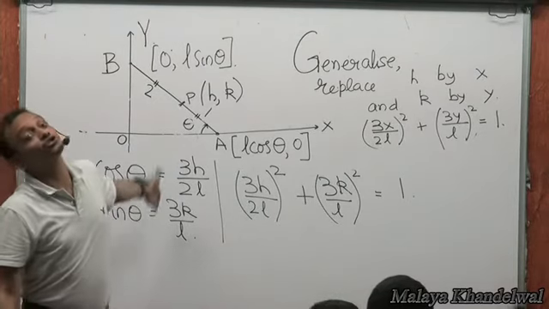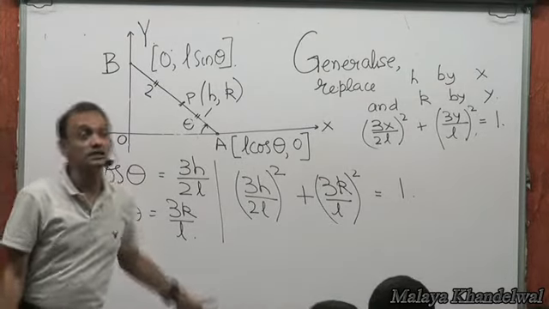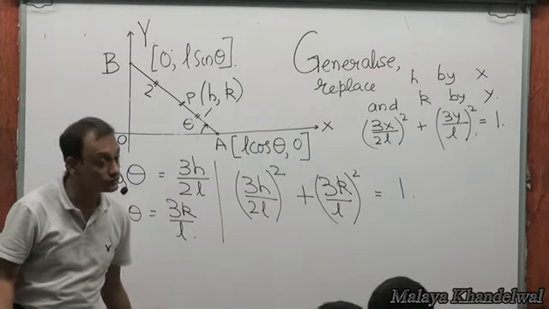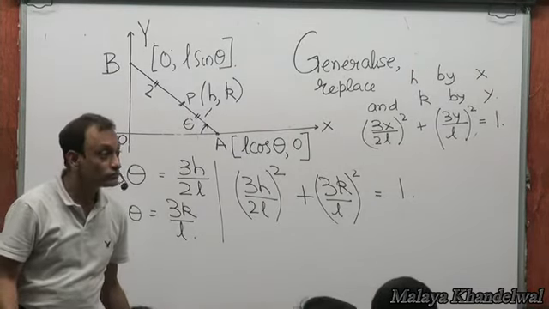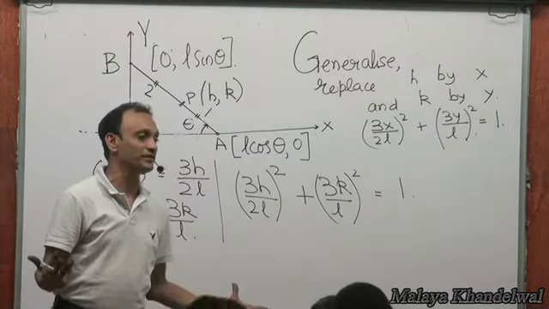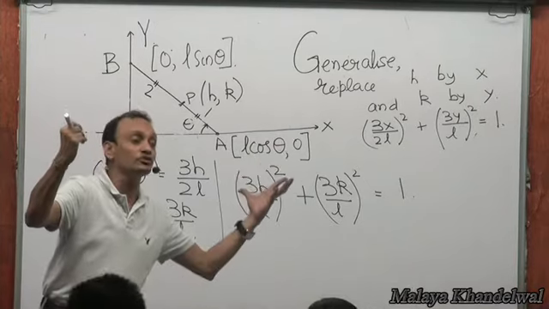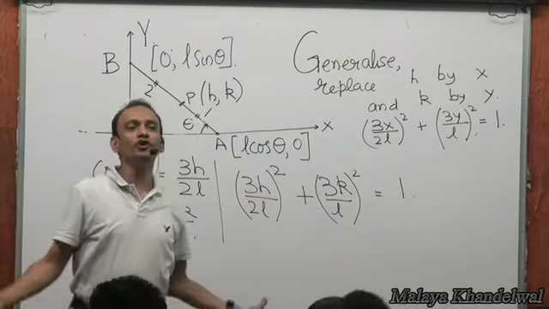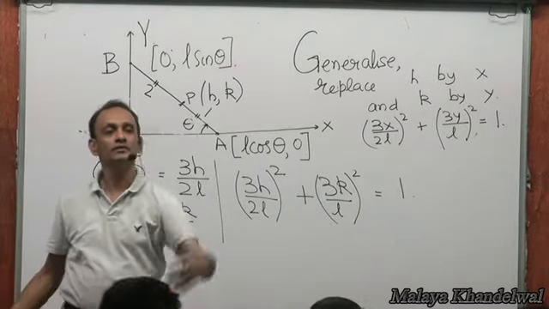In this case, this is what I did to remove the parameter. In certain other cases, something else would have to be done to remove the parameter. Yes or no? Yes, because the condition has to be true for all values of the parameter. When would a condition be true for all values of the parameter? If the parameter is not present, then it will be true for all values of the parameter.